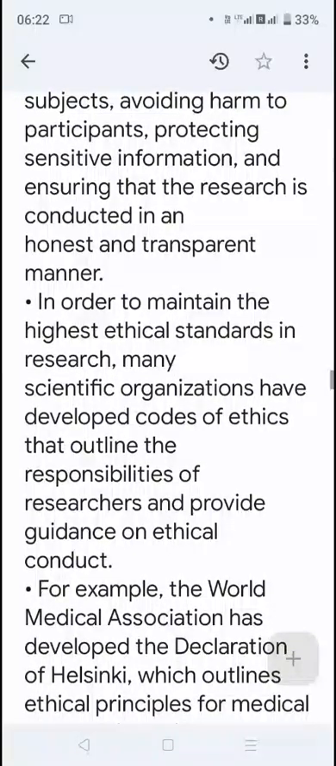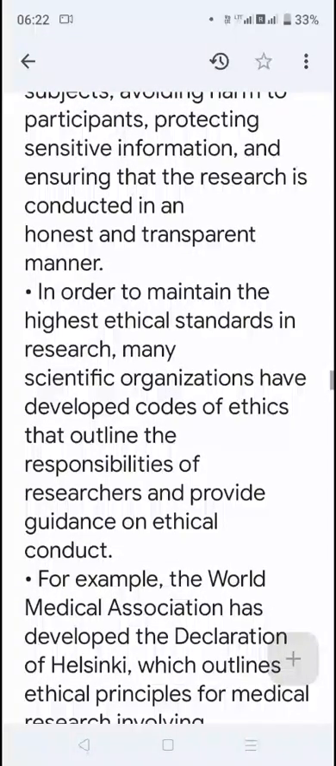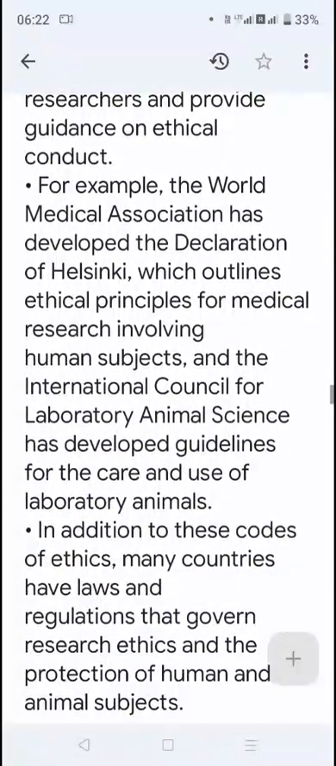For example, the World Medical Association has developed the Declaration of Helsinki, which outlines ethical principles